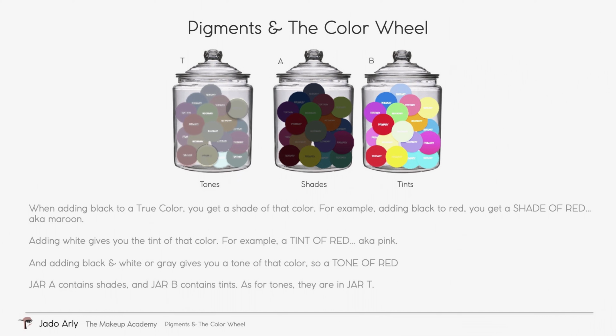And if you look in jar B, these are the tints of colors. So a tint of red, also known as pink, is basically red mixed with white. And when you add black and white or gray, it gives you a tone of that color, so a tone of red. You can see in jar marked T,